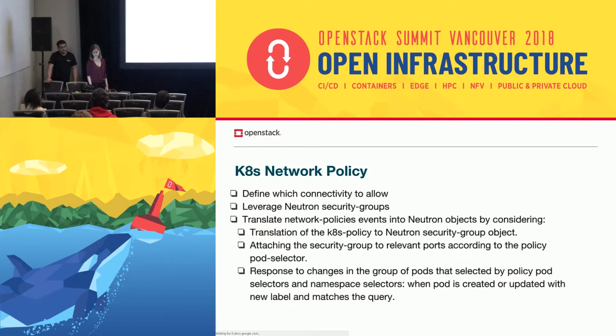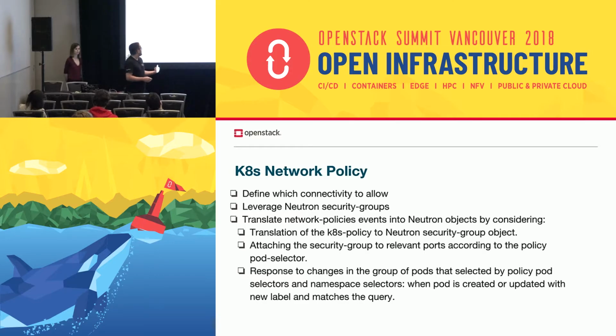So, another feature that we are working on, which was initially started by some folks from Huawei, but we have taken it over, is, as Maisa said, we are also allowing translation from Kubernetes network policy. There's another session which will go into deep detail, because it's at 1 p.m. But basically, to give you an overview, what we would like is to have network policies mapped to security groups in OpenStack, and basically